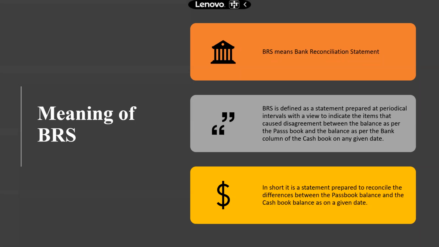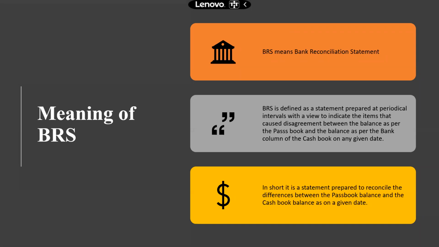Now we have been doing the cash book all these days, right? And there are 4 different types of cash book which we have done: the single column, double column, triple column, and the petty cash. Right? So in the triple column cash book, we know that the business organization is dealing with both cash transactions as well as bank transactions.